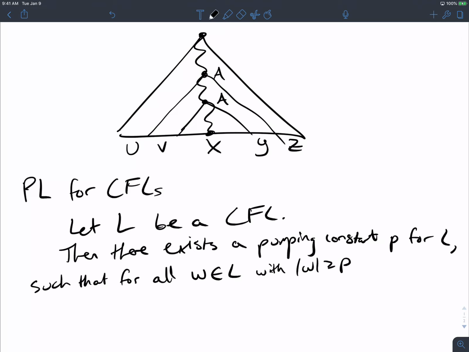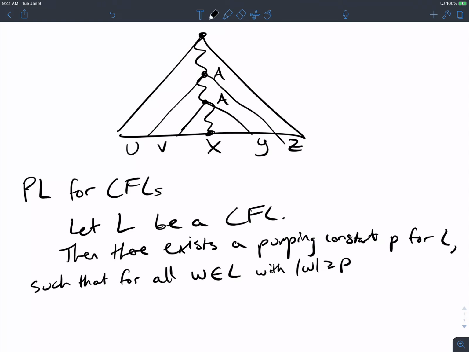There's a repetition of what, though? Look at the parse tree. What's the repetition we're looking for? The variable. Well, I told you that this parse tree, we took away all of the terminals. But the string we're looking at here, W, is full of terminals. So why is that related to the parse tree? Well, consider the parse tree, but I put the terminals back on.